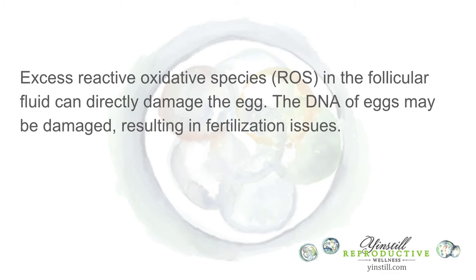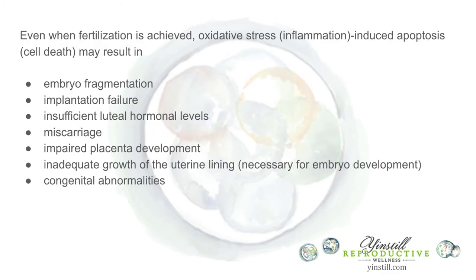In addition, more specifically, excess reactive oxygen species in the follicular fluid can directly damage the egg. The DNA of eggs may be damaged, resulting in fertilization issues. Even when fertilization is achieved, oxidative stress or inflammation-induced apoptosis or cell death may result in embryo fragmentation, implantation failure, insufficient luteal hormone levels, miscarriage, impaired placenta development, inadequate growth of the uterine lining, which is obviously necessary for embryo